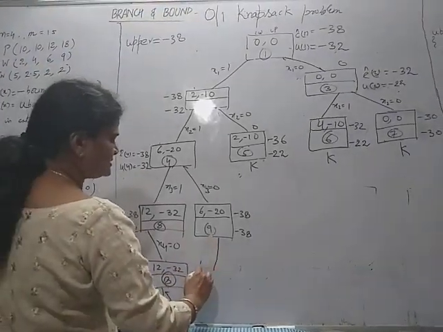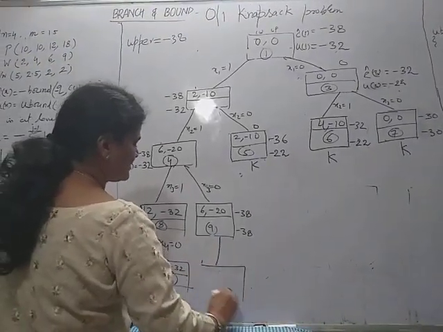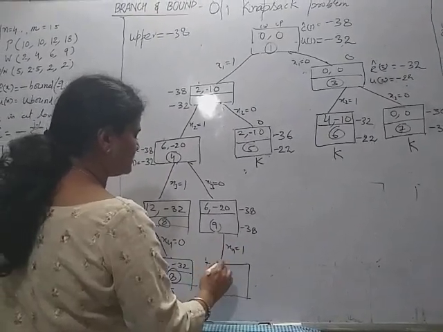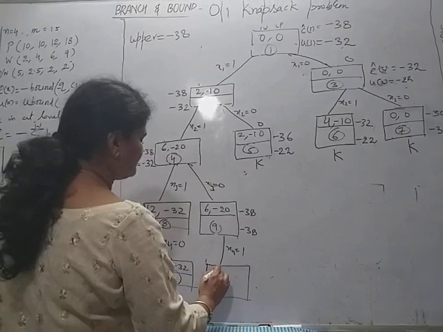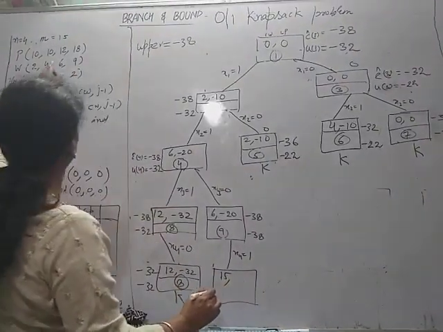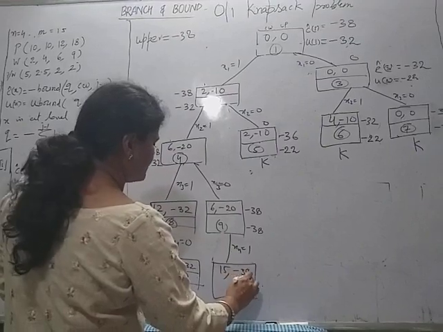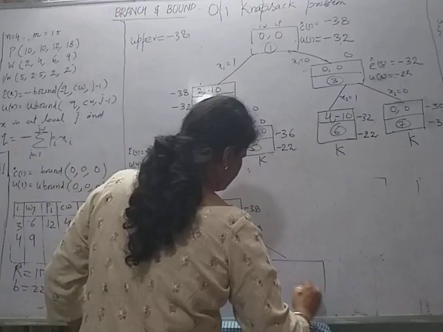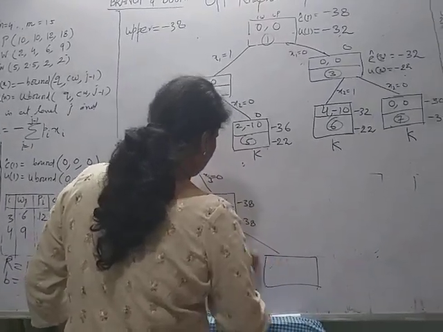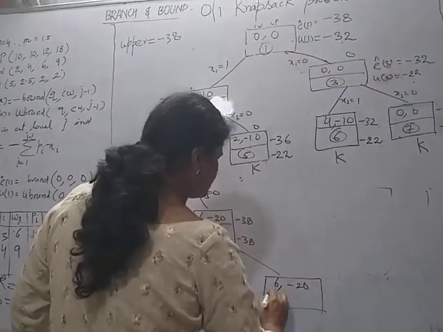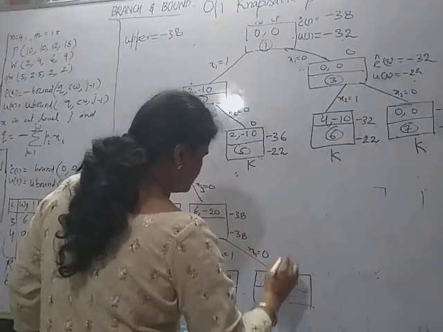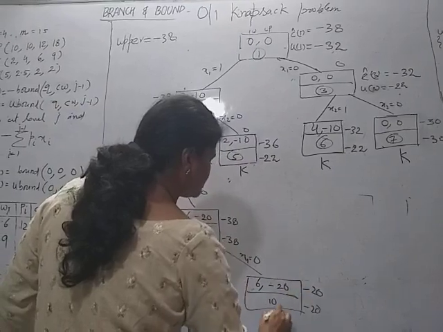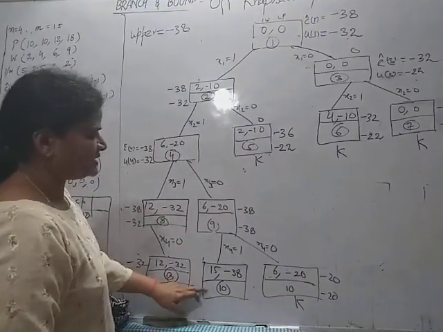So x4 equal to 1, so 50 and 20 and minus 38, and this is 10. And this one is 6 minus 20, x4 equal to 0, that is 10. Okay, so here minus 20 and minus 20, so this node is killed, this node is killed, and finally this